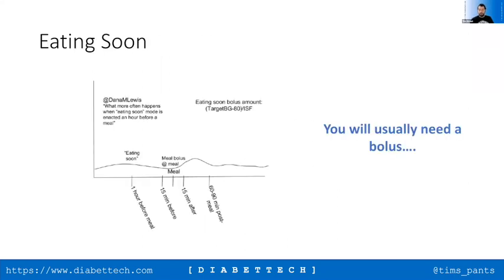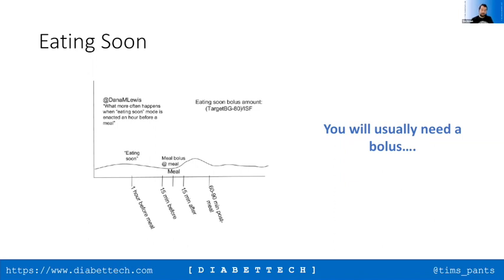So one of the most useful techniques is eating soon. And this is a really good way of trying to manage postprandial rises. And why does it do that? Well, essentially, this is a technique that can be done with a loop, but it can also be done without a loop. And we've been talking to various clinicians in the UK, and we bring up this eating soon principle, and this light bulb goes on, and they start to talk about how they can use this with some of their more able MDI